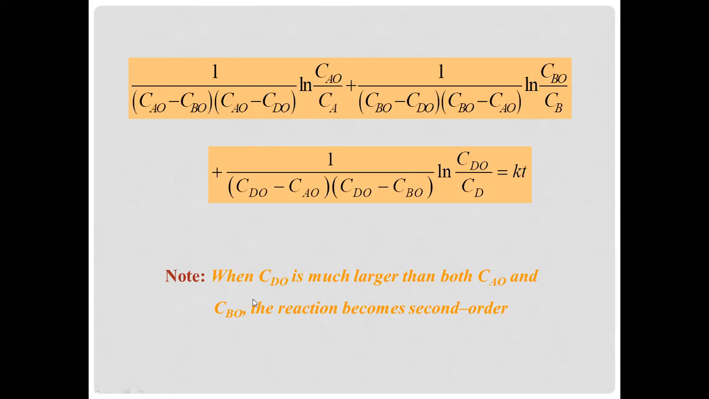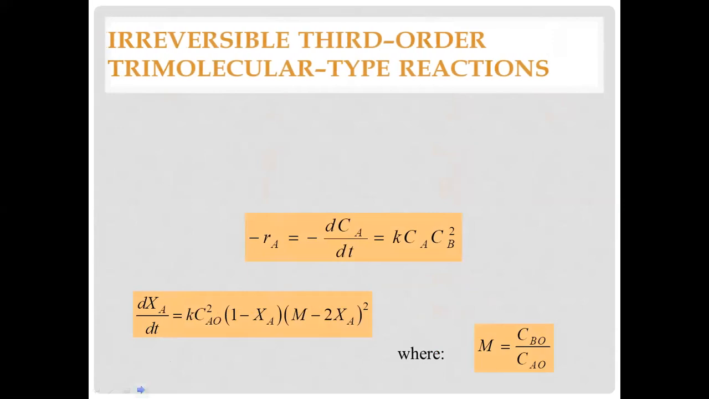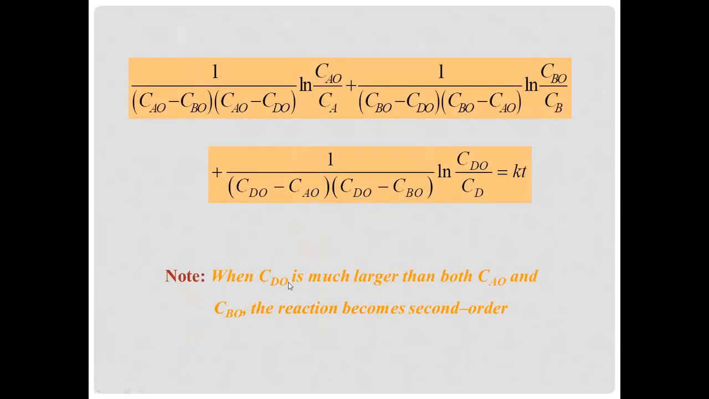Now, in here, when your third species is much larger than both CaO and CbO, following the concept of case 2 of your bimolecular second order type of reaction, do amo-amo lang sila gyapon. So since one is very large compared to the other two, the reaction becomes a second order reaction or a pseudo second order reaction because the species that is present in the largest amount does not whatsoever significantly decrease in